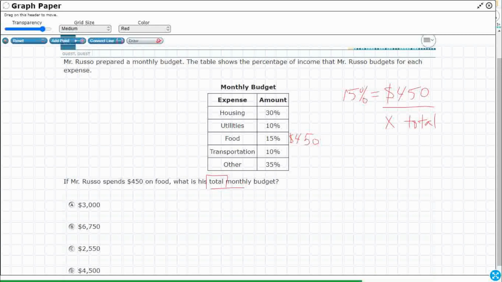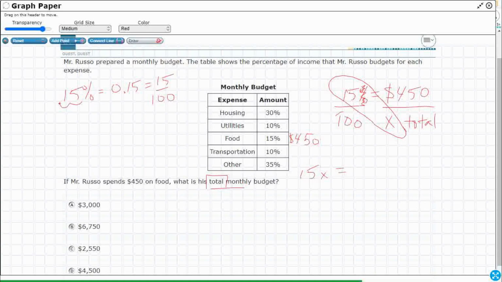You know what? I've got 15%. So 15% I know is the same as if I move my decimal over once, twice, 0.15, which is really 15 hundredths. Now look what I've got. I've got a proportion. So 15 over 100 equals 450 over X. All right, so we know that since it is a proportion, we can use cross multiplication. So 15X